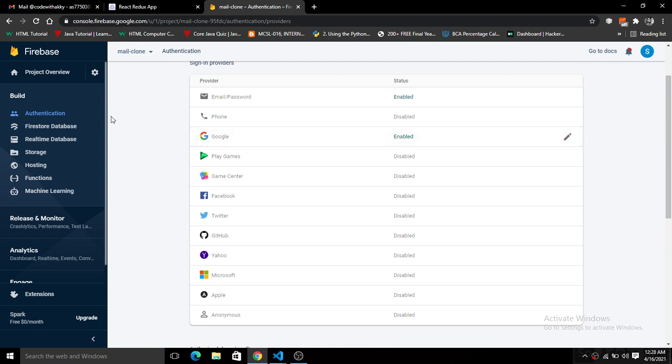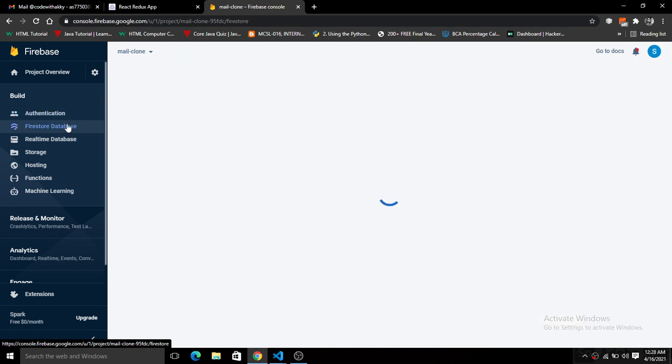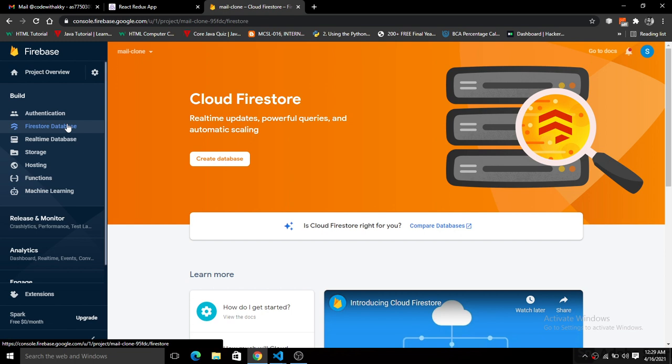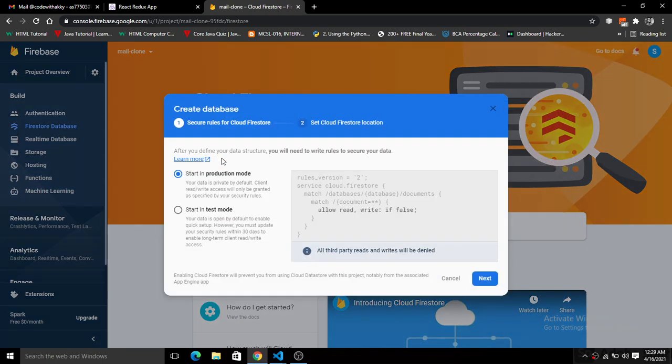Now it's time to set up Firestore, which provides a real-time feature that will enable us to send the mail in real time. It doesn't take a lot of time. It is in the cloud, so it is available 24/7. So we will not want to depend on a server or centralized system there, right?